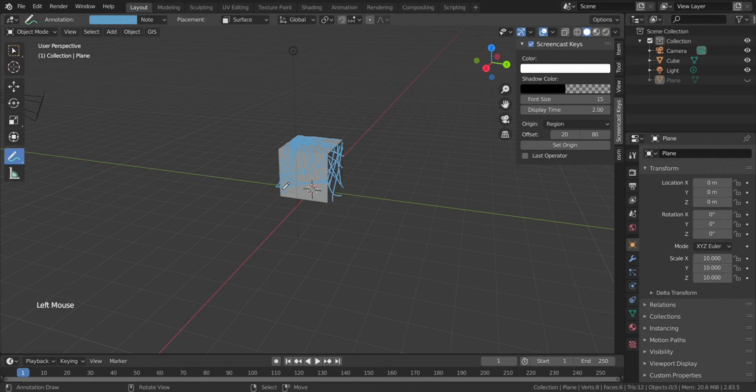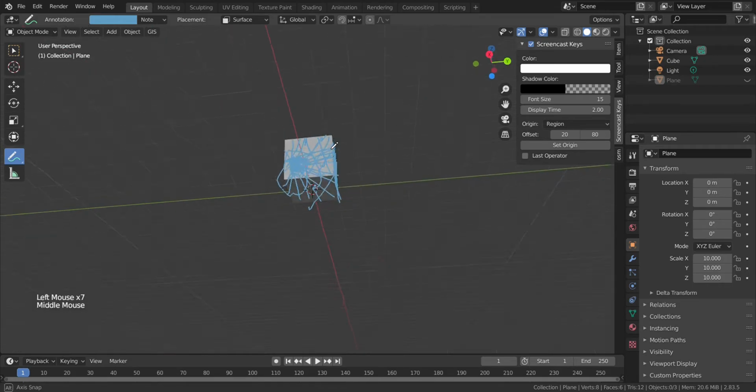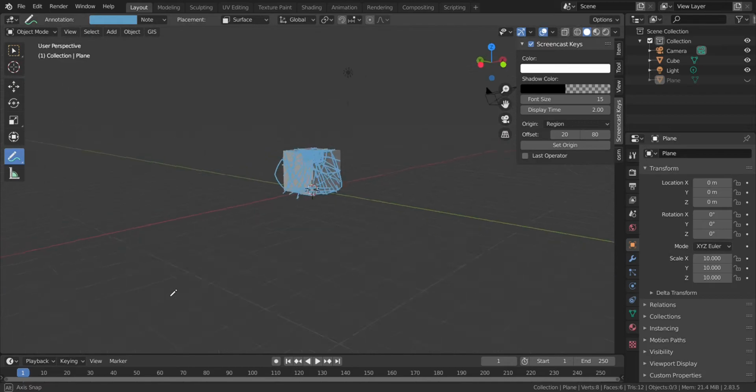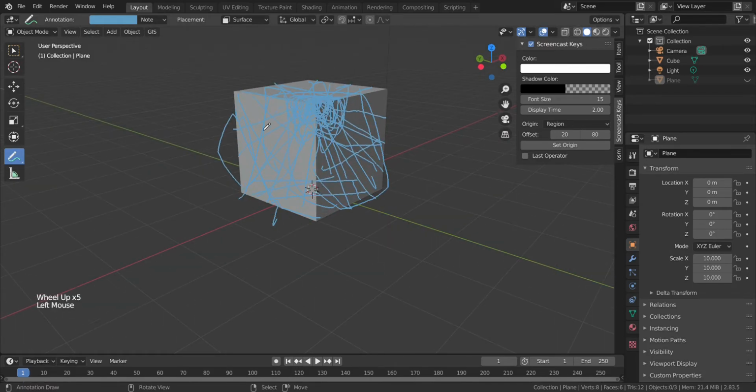Make sure that you are cracking each and every part of this cube, so whenever it breaks you get maximum destruction out of it. Alright, now I think we have enough destruction lines available.